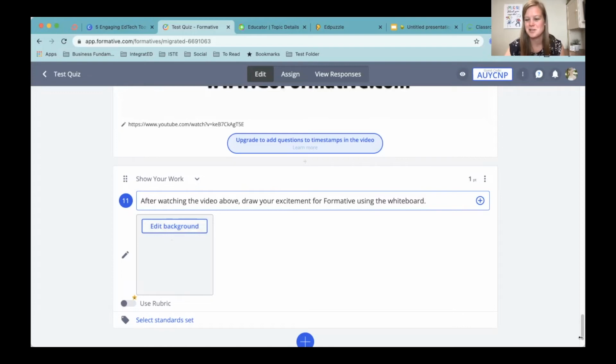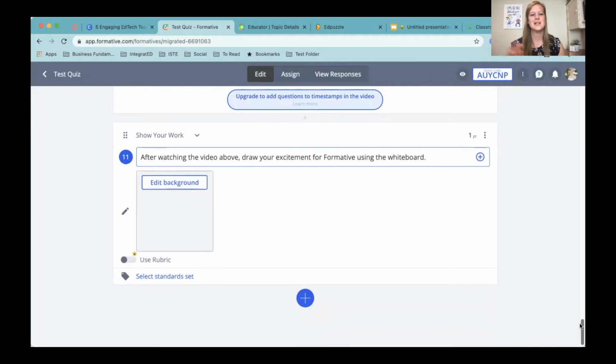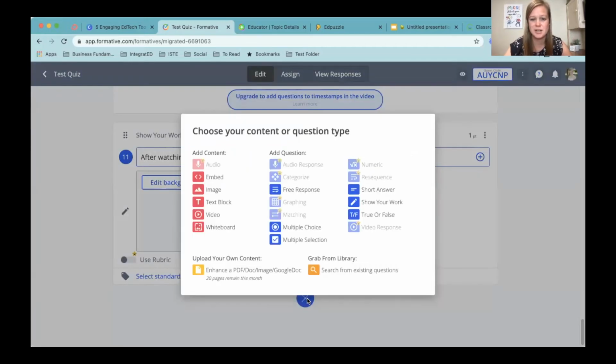So you can see that I've just used this in professional development with teachers before, and they might draw a smiley face or excitement or however. So really easy to add questions. I just click on the plus. So you can see that we can't add audio. We can embed image, text box, video, whiteboard,